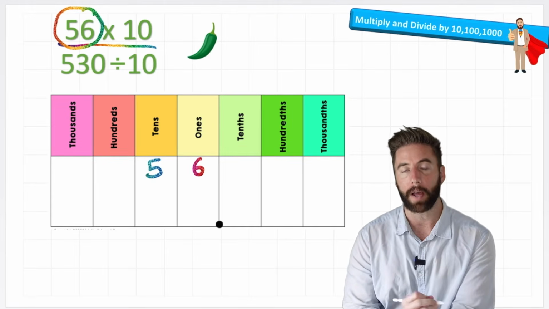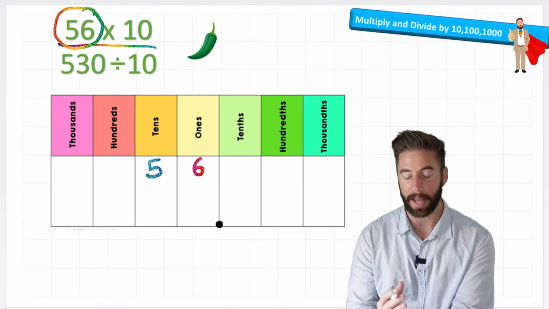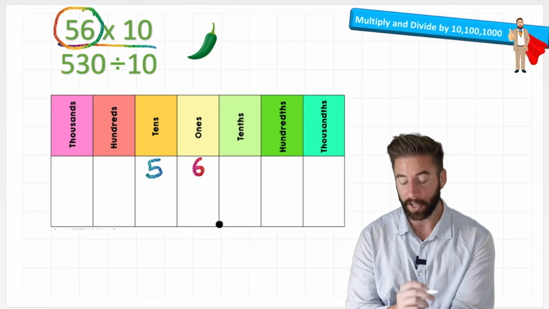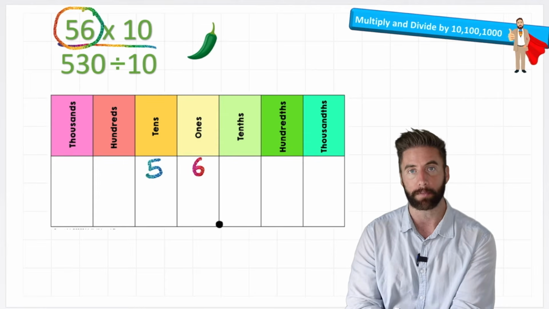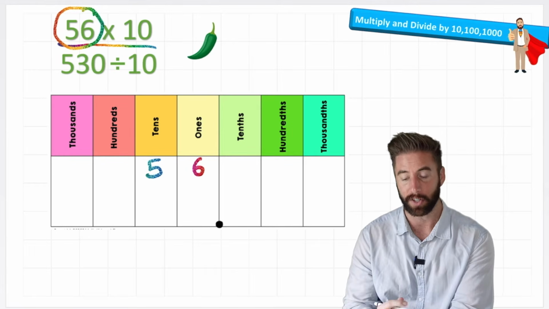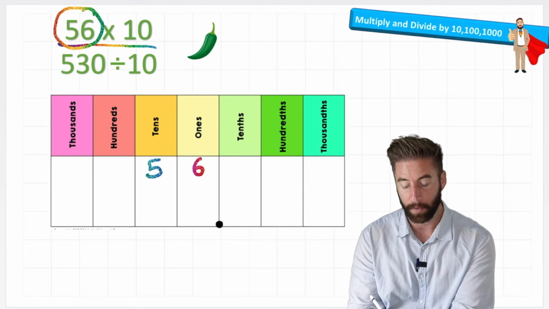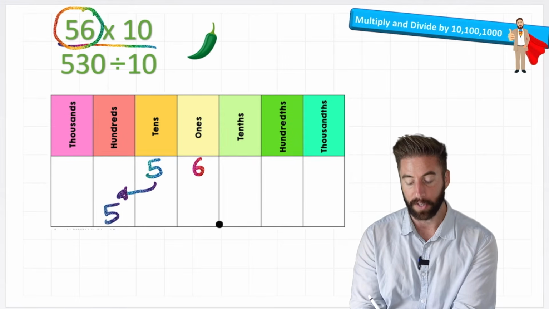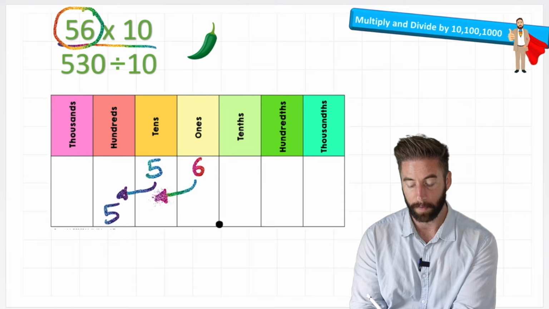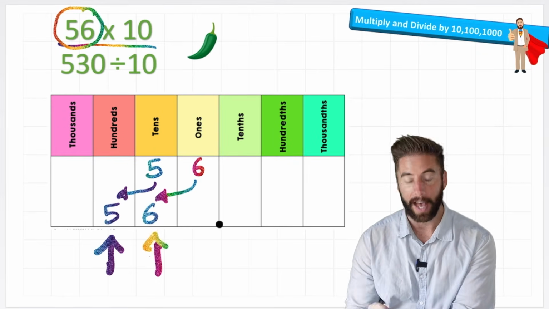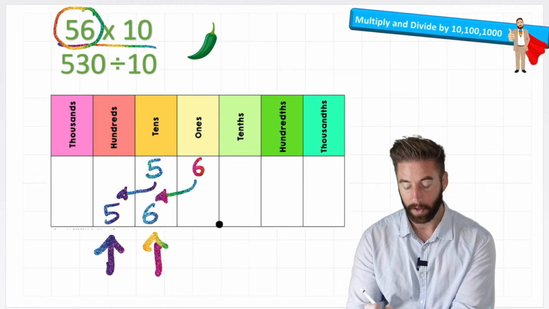Now, when I multiply it by 10, what I'm actually doing is making this number 10 times larger. So to show that, I can just move it one place up this place value chart. And by doing that, I'm making this number 10 times larger. Let me show you what I mean. If I move this 5 into this column, and I move the 6 into the tens column, then I end up with 5 hundreds, 6 tens, and although there's nothing in my ones right now,